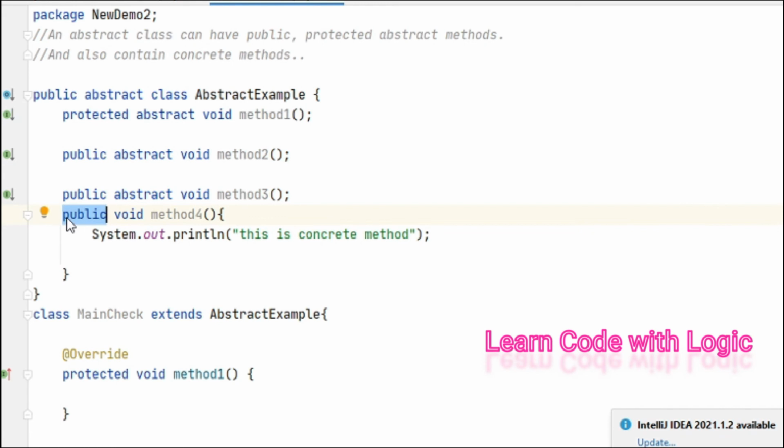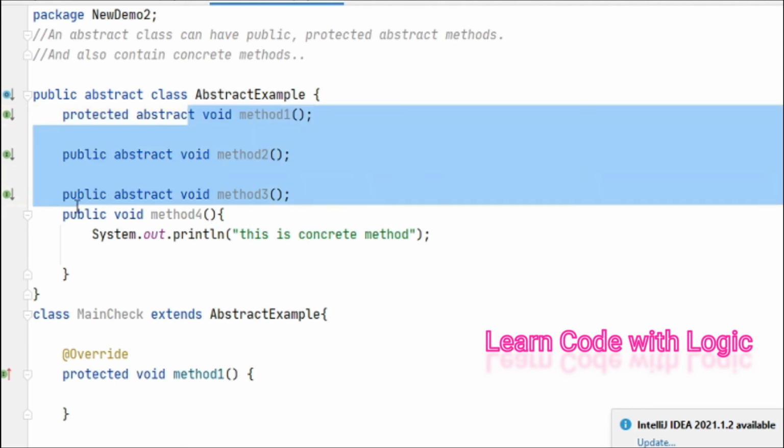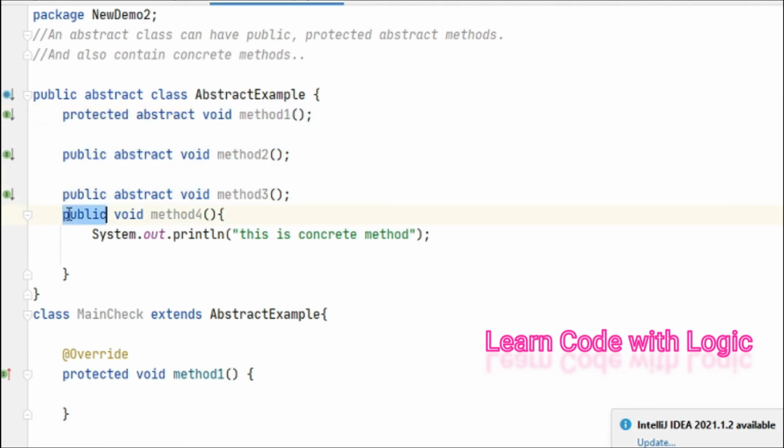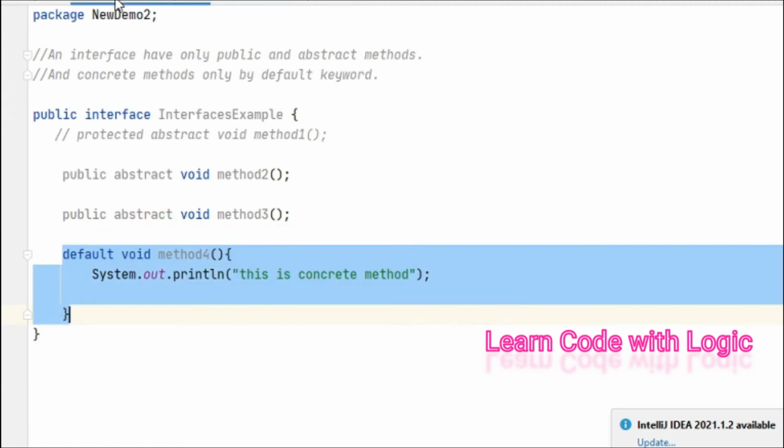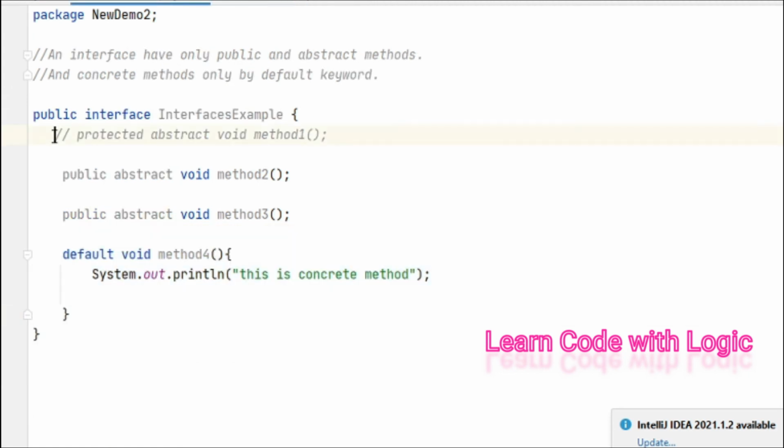Just two key points in this example. The first one is it supports protected abstract methods, and for regular methods we should use the public keyword, whereas for interfaces it doesn't allow us to have protected abstract methods, and for a regular method we need to use the default keyword. That is the Java 8 feature.